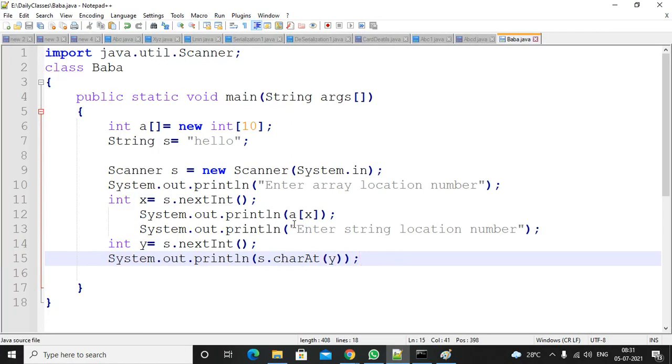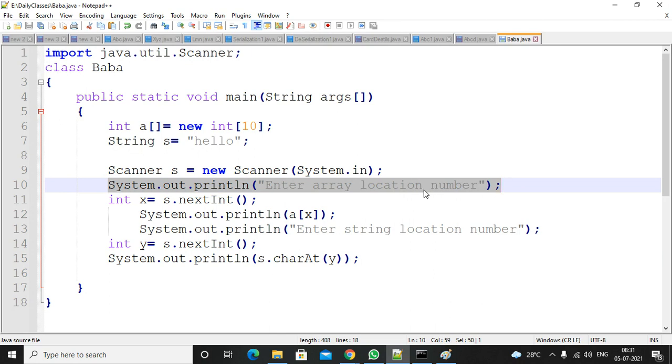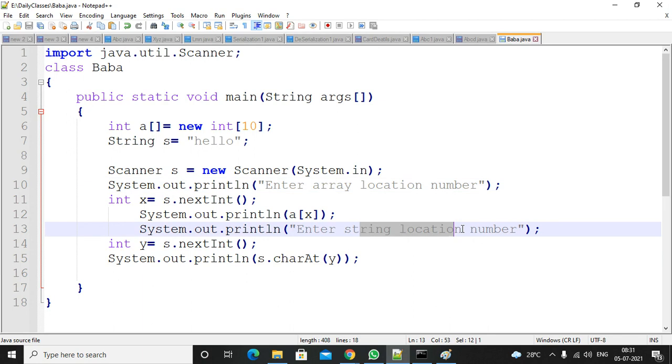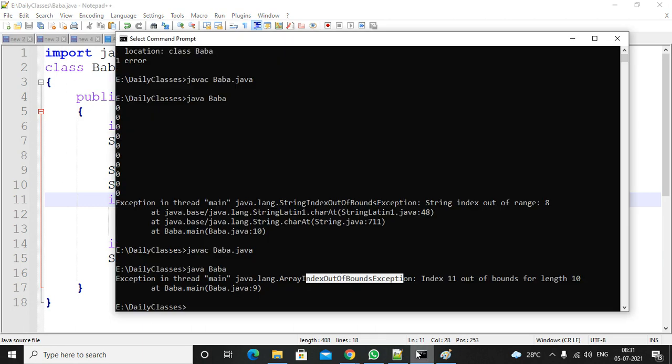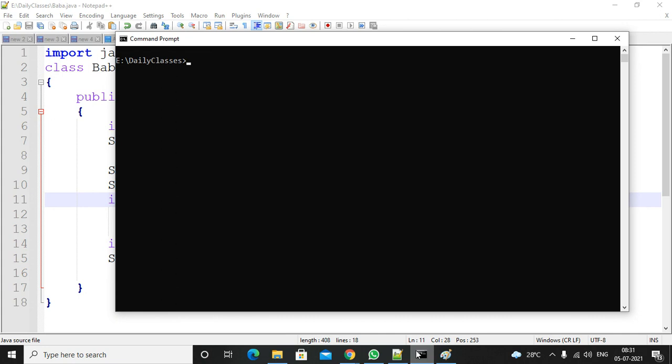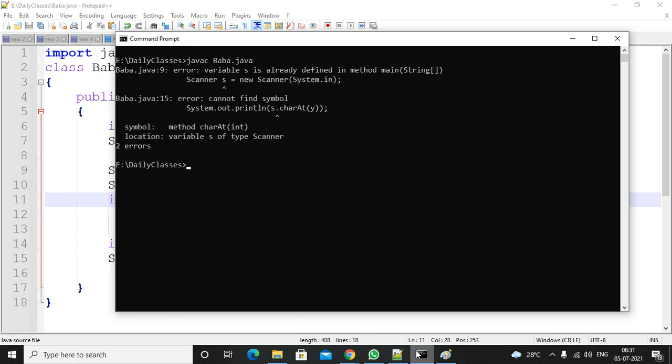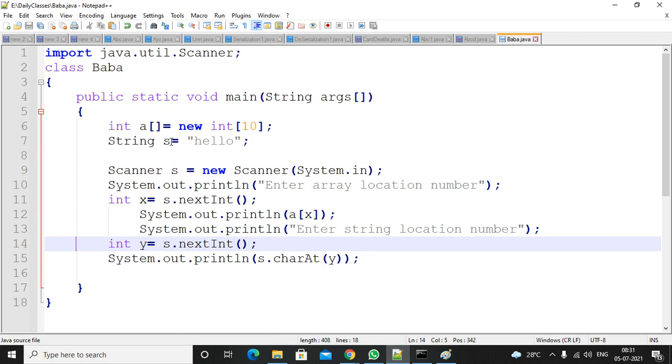First I am asking the user to enter the array location, and second I am asking for the string location. Suppose in both cases the user enters a valid number, you will get the output. So I'm trying to compile and execute the program. What happened? Scanner s, already s is there.